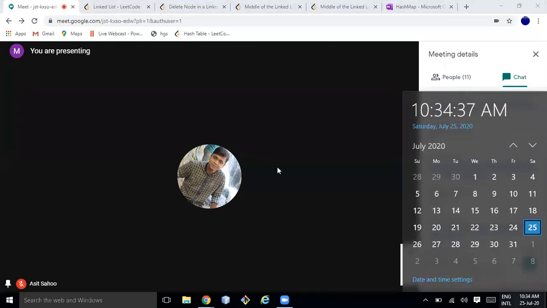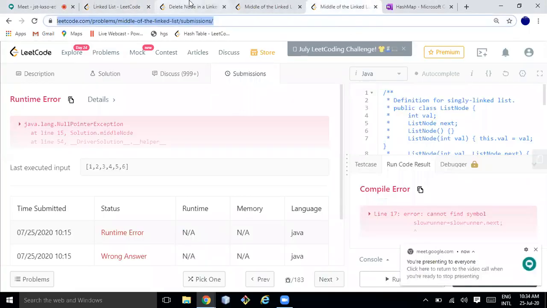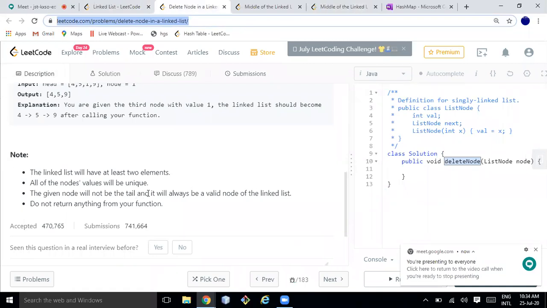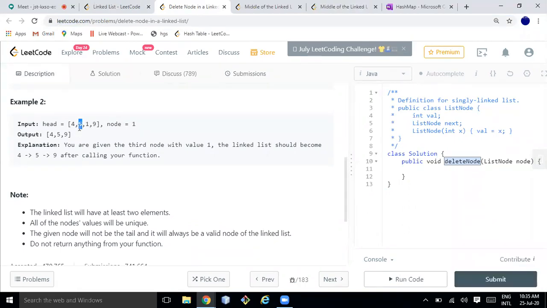So, what does access to that node mean? It means that from that node, there will be some other node, the node which we want to delete. Suppose the structure is 4 pointing to 5, 5 pointing to 1, 1 pointing to 9. In this case, you are not given access to the head node, you are given a pointer to node 5. So you just need to delete that 5.